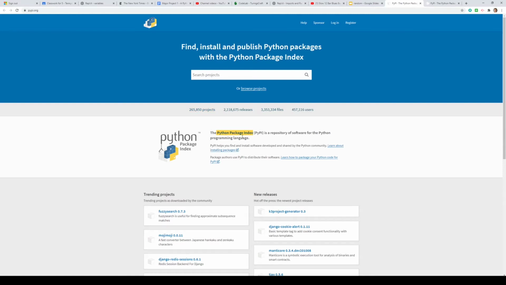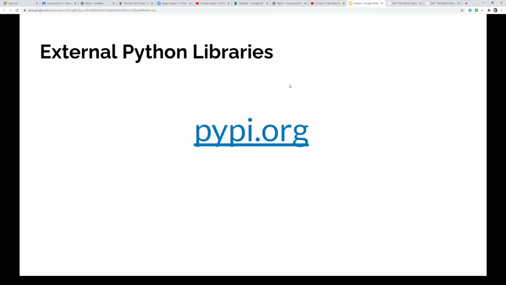Now, notice it says Python package index. I do want to say that people use different terms for talking about Python libraries. Some people would say they're modules. Some people say they are packages. Some people say they are libraries. They all basically mean the same thing. So don't get caught up on the different language. We're all talking about basically the same thing, extended functionality for our programming language. Going back to our slides,